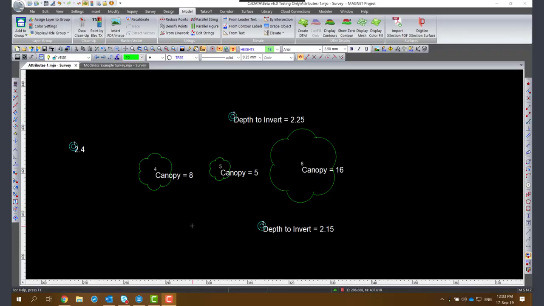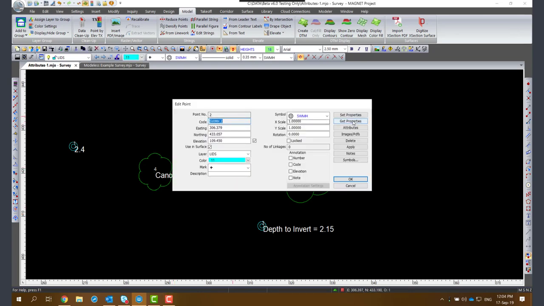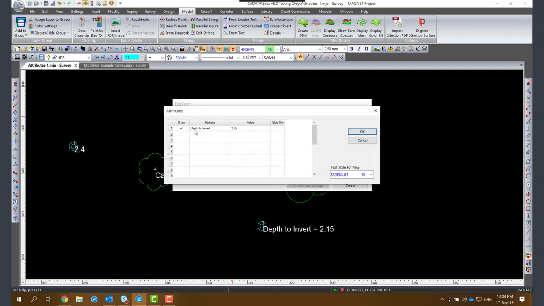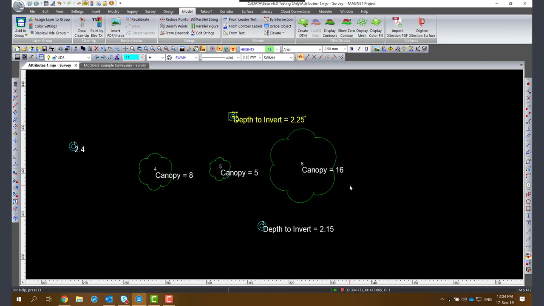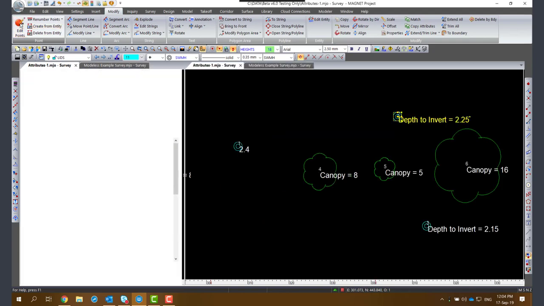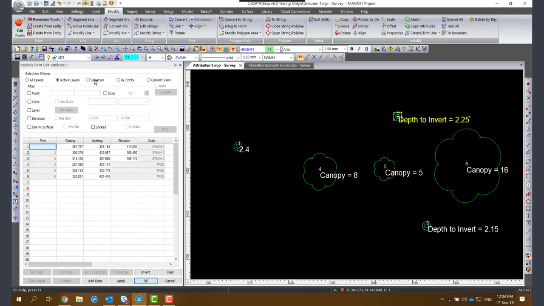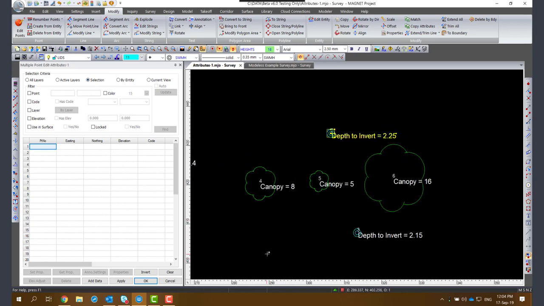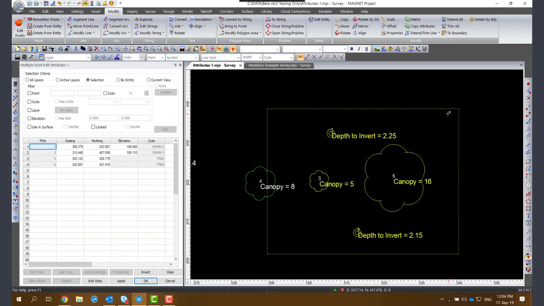I've just quickly opened up another job which is showing some attributes for points on here. For example, if I just double click on that point there, go into attributes, it displays a depth to invert of 2.25 meters. Okay, so back into modify, edit points, and I'll just do it by selection and select some of these points over here, put a window around it,